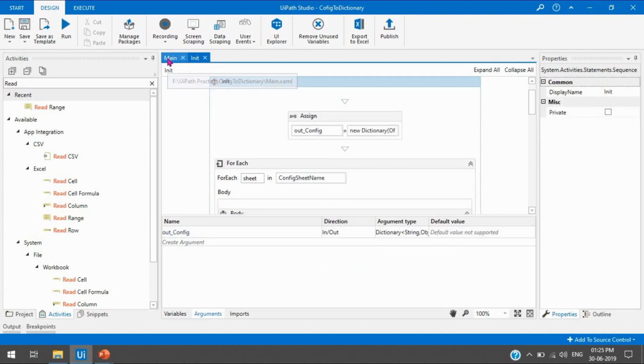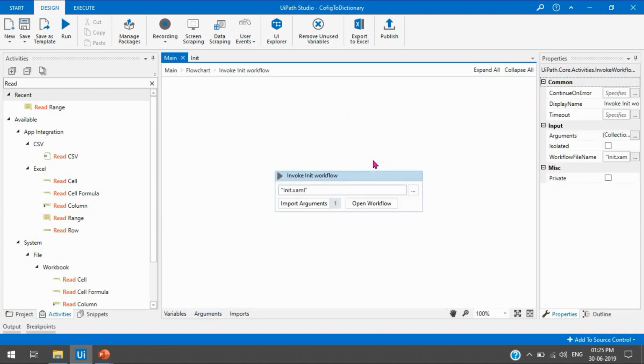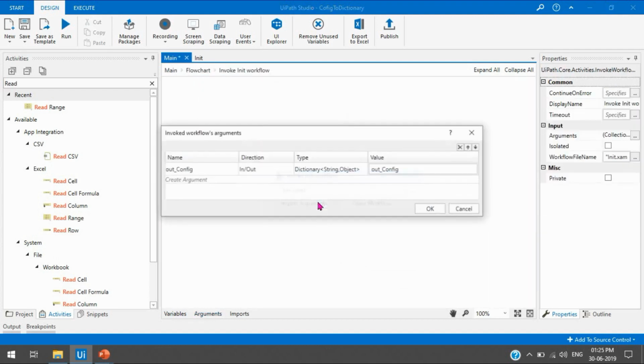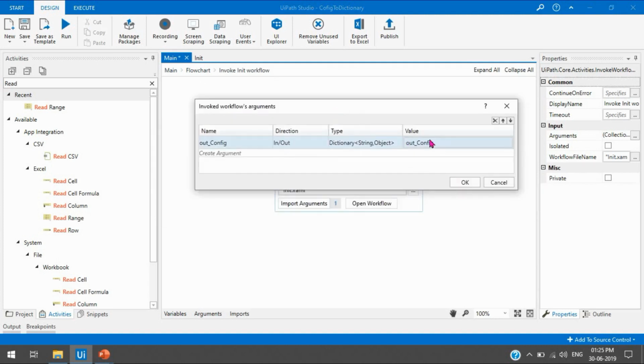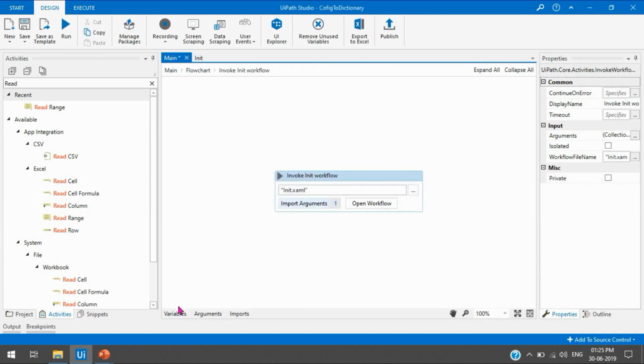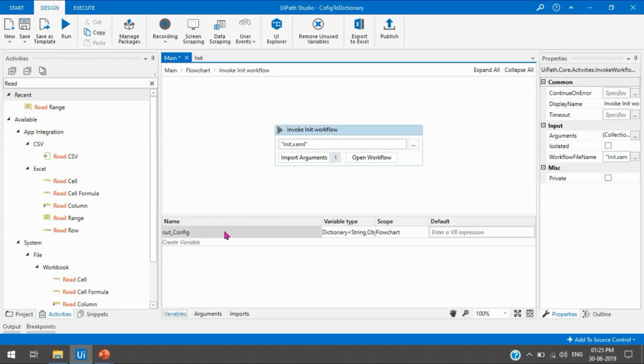What will happen in the main, now we have this variable. Let me import arguments. UiPath Studio has already taken this value as a variable. If you see in the variables, this has been created as a dictionary, as the out config variable.